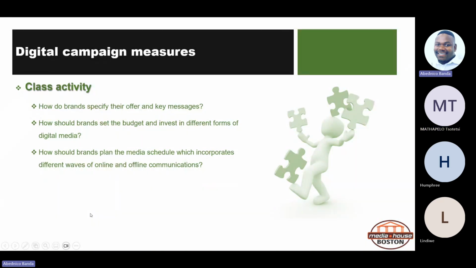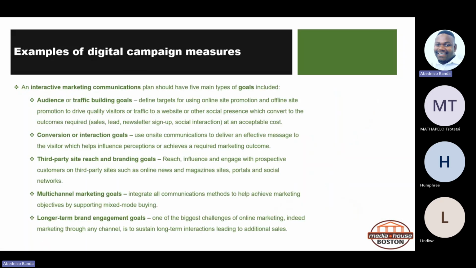Anyway, so the examples of digital campaigns. An interactive marketing communication plan should have five main types of goals. So we are looking at examples in the form of the goals that you need to get from a digital campaign. Remember, we discussed that there has to be a call to action. You should be able to convert people rather than just entertaining them. You also need to make sure that the objectives of that digital campaign are